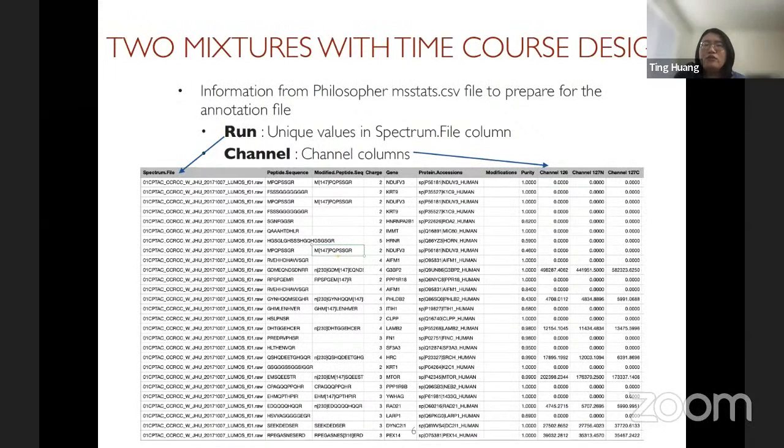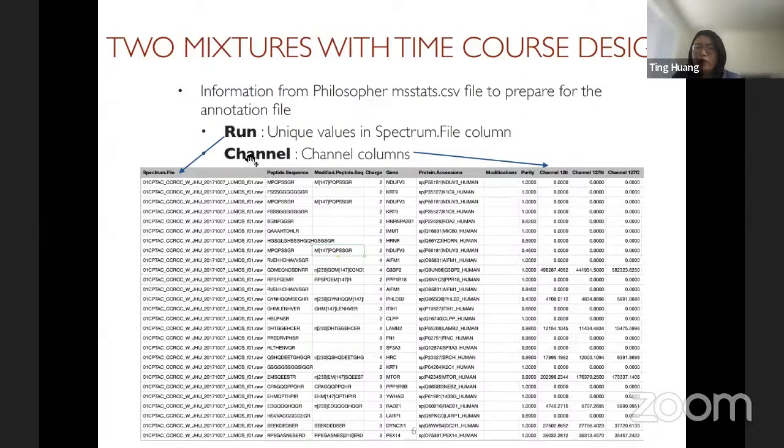As long as the channel column in the annotation file matches the channel columns in the data file, you are good to use the MSstatsTMT software. So that's how you get the first two columns,